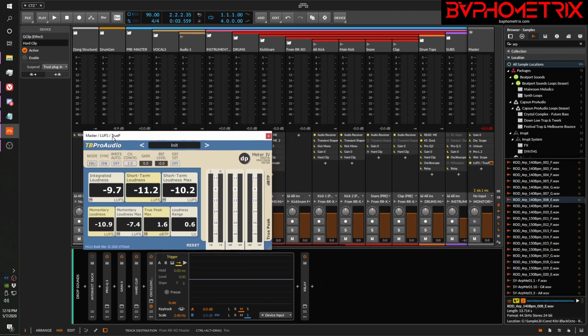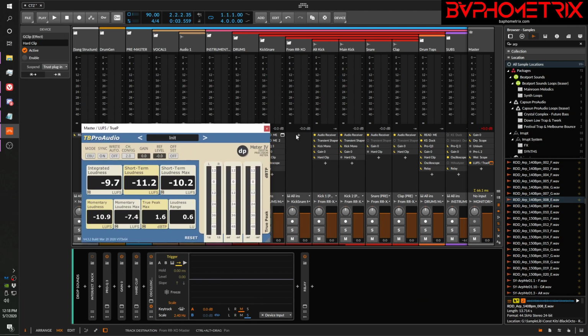So I guess that's the main point I want to make: if you want to work at a certain target, bring in your anchor sounds, set the clip to 0, check the momentary max. If it's too high or too low, think about your anchor sounds. Maybe they need to be different. Maybe you need to clip them more. Maybe you need to clip them less. Maybe you need to do a combination of clipping and some other sort of aggressive process that increases the RMS